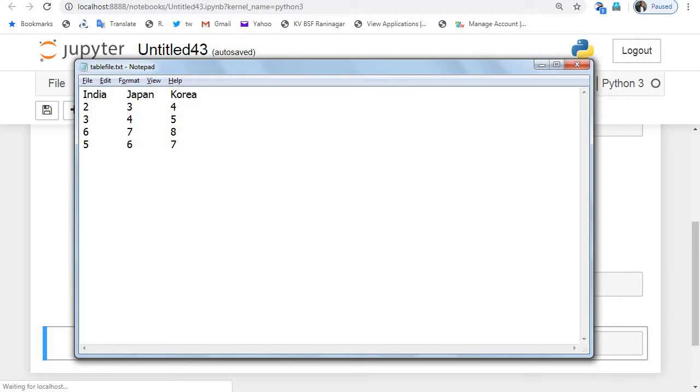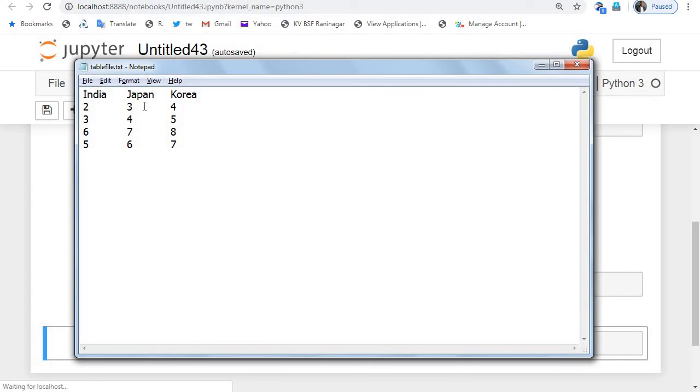So here the first row works as the column names, and the second row, third row and all other rows in this file are read as the row values for each of the columns, with a tab between each of these words.